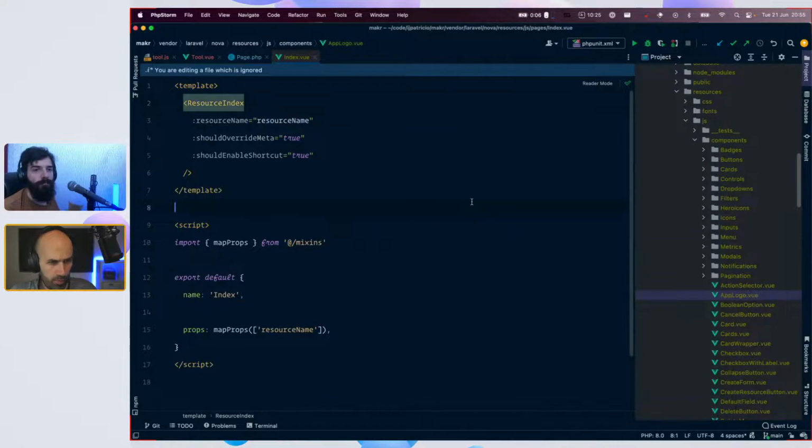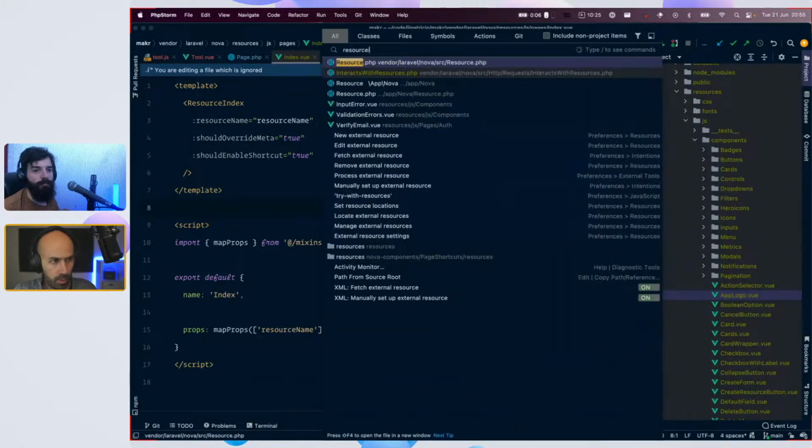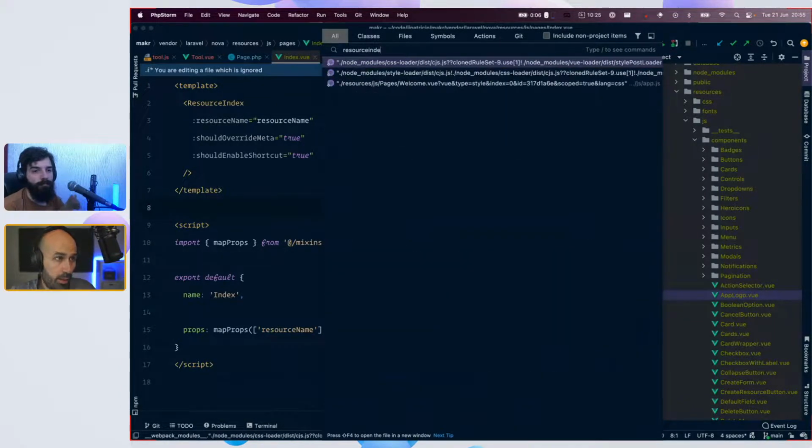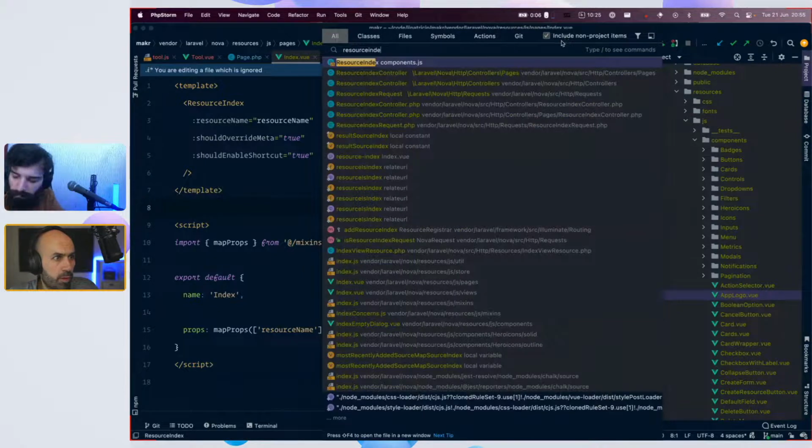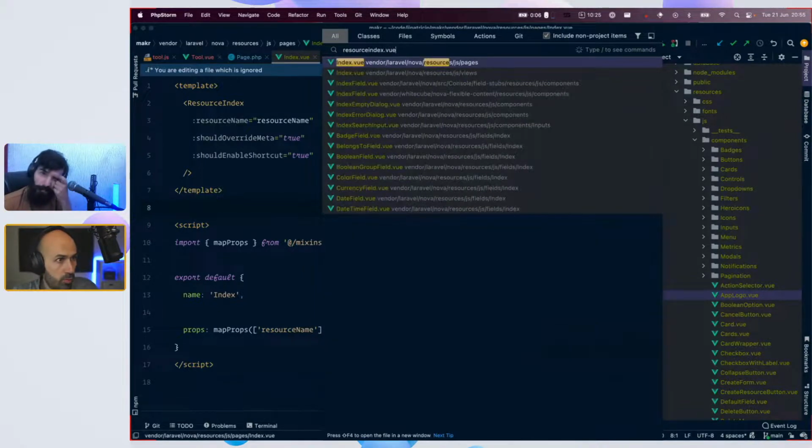I'm not sure how to find a file in Nova, in the non-project items, in the vendor resource index view.